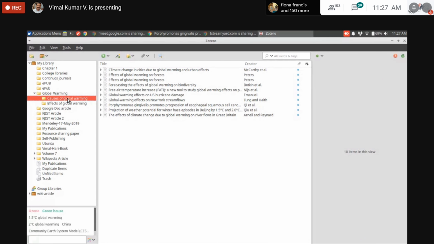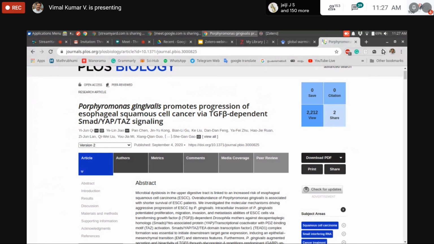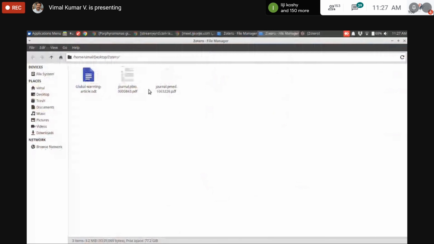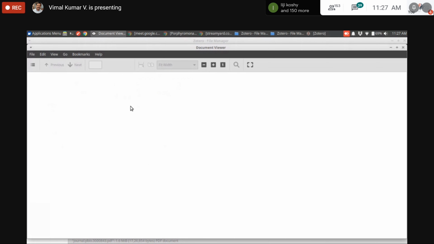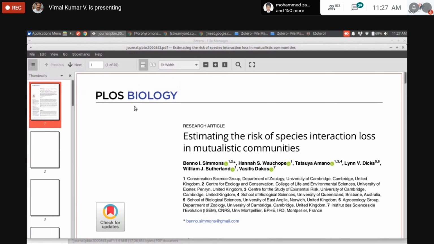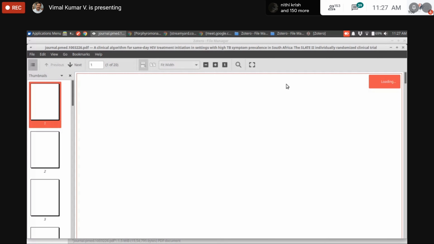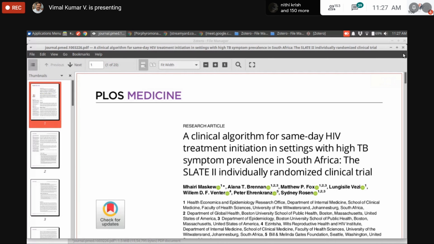Let's see how to import already collected PDFs into Zotero. For example, here is a folder. I have collected two journal articles in PDF format here. I need to import these into Zotero.